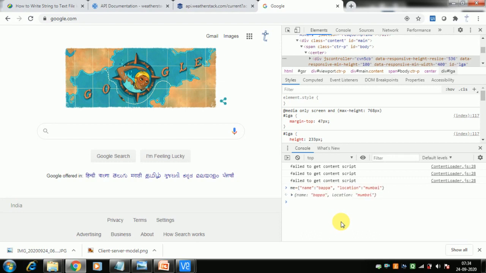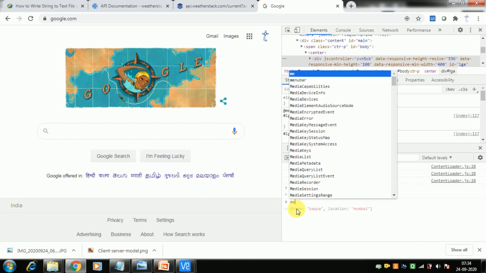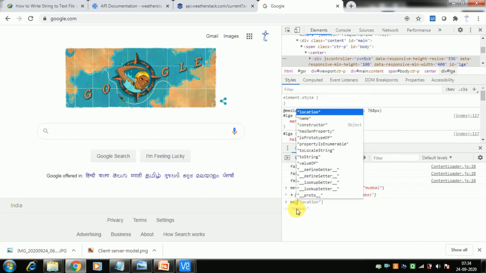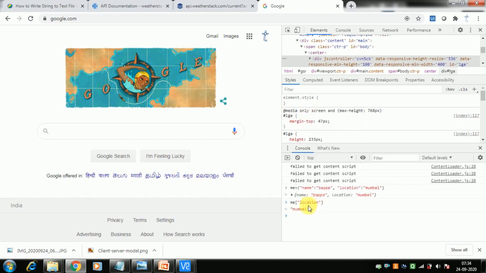So this is a JSON. This is the key and this is the value. Key is name, value is Bappa, key is location, value is Mumbai. So this is called a JSON format. Now you can fetch anything like me and then a bracket, I want location. You see it has already given me the location, and if I enter, it gives me Mumbai. So this is how JSON works.